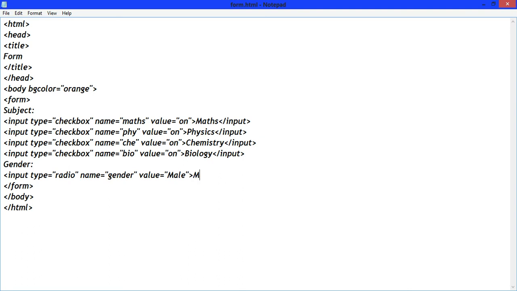Now write male, which will appear on the web page. Now close the input tag.